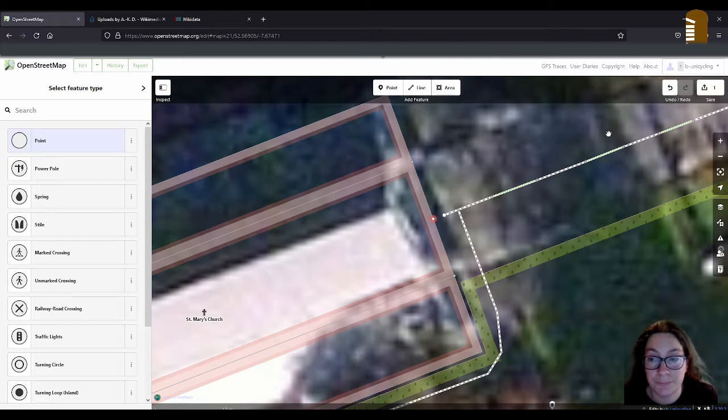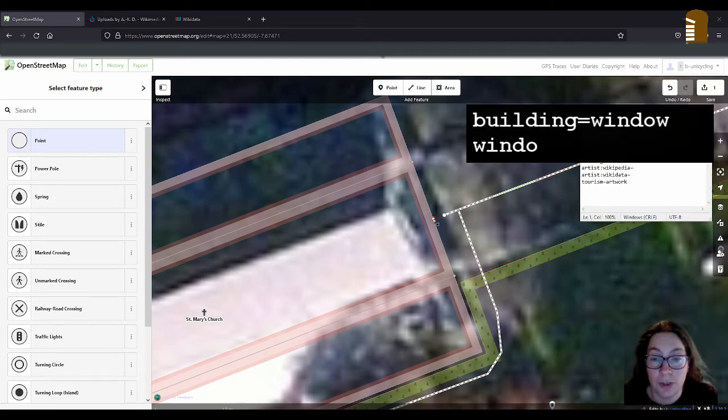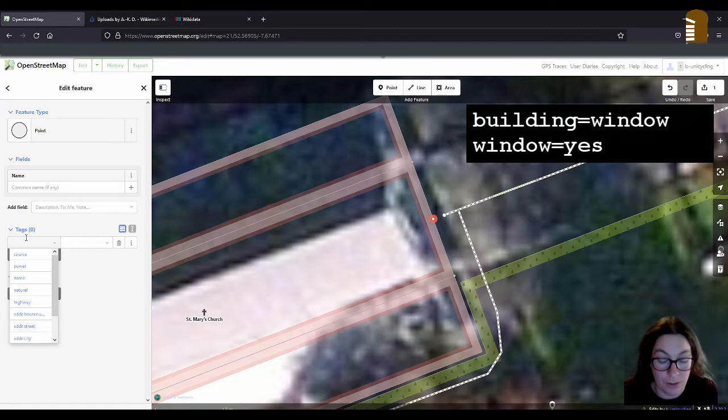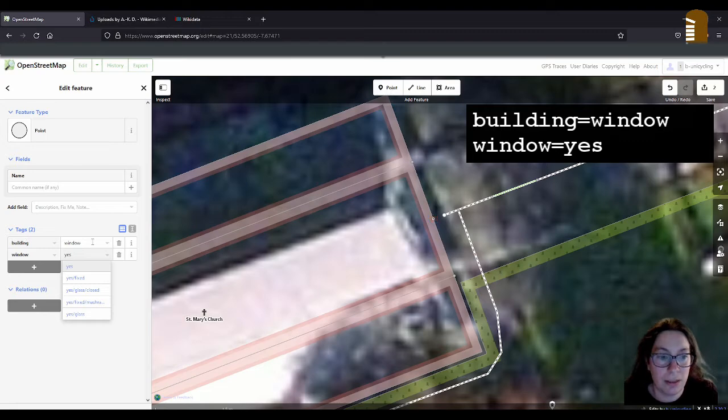And I'll put the tags for church windows somewhere here so you can have a look. First of all, we have to add window=yes and/or building=window. It depends a bit on the 3D renderer, how they interpret it, if they do interpret it at all. But just to make sure, and I know we're not supposed to map for the renderer, I'm just going to do it anyway. So I'll highlight the point and go down here and just type in building=window and window=yes. It's kind of redundant, but just to make sure it works.